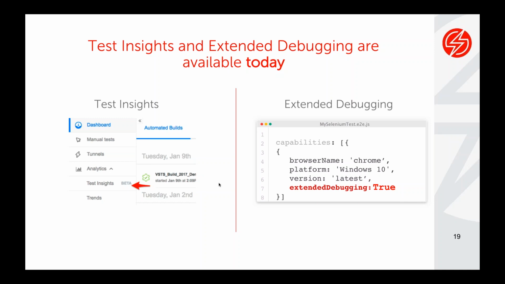One of the things on extended debugging, it looks great, right? It's almost too good to be true. Are there any downsides to it, or anything that people need to be aware of when they're using the extended debugging command? Yeah. So the only downside of using the extended debugging command today is that we are connecting directly to the